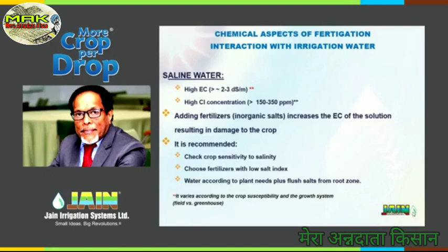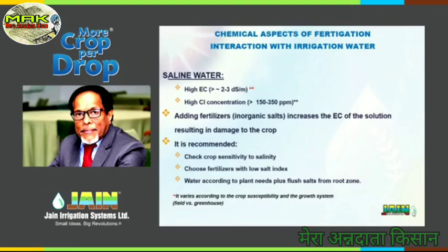The standard is actually sodium nitrate, which has a 100, as it's taken as the standard. For example, our urea will come about 104. Potassium sulfate, a very good fertilizer with very low salt load, comes only 46, which is far less than even the standard. So knowing that water is saline, the fertilizer chosen should have a low salt index, so you don't make the salinity worse, you only try to improve it.